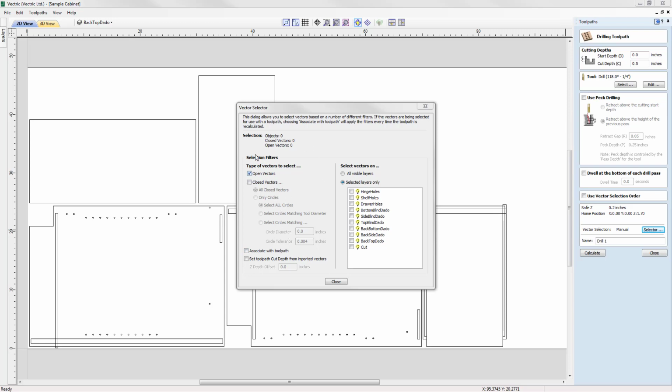So let's start off on the left hand side. In this case I want to select all of the closed vectors. So we're just going to uncheck the open vectors option, whereby I want to select only the circles. I know that we're going to use the drill toolpath on the circles for the hinge holes layer. So we're going to tell the software we want to select only the circles and then select all the circles